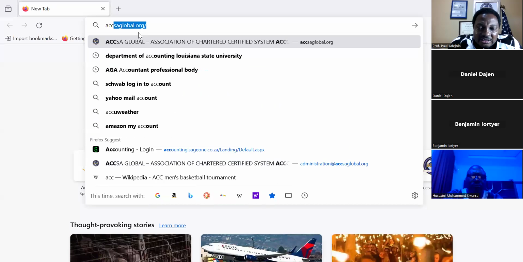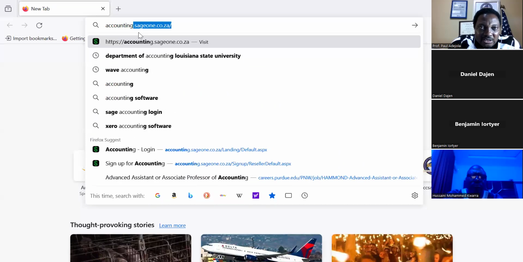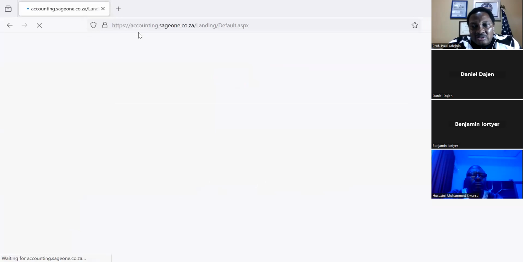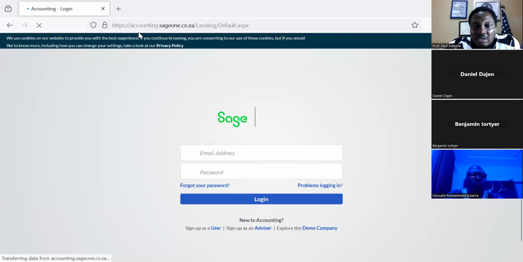Type accounting dot sage1.co.za, then press enter. You can use your smartphone. As long as you have strong internet access, you will get the same result I'm getting from here.